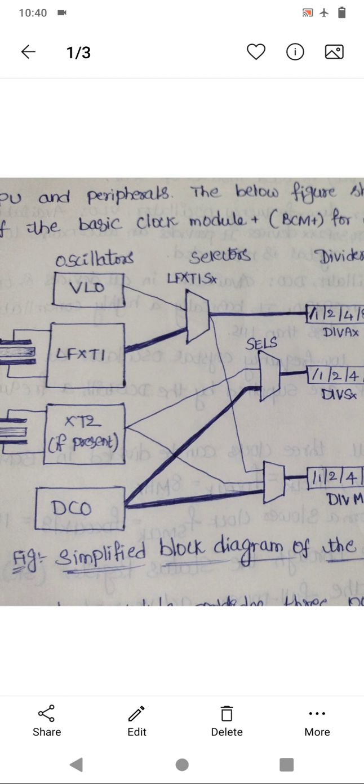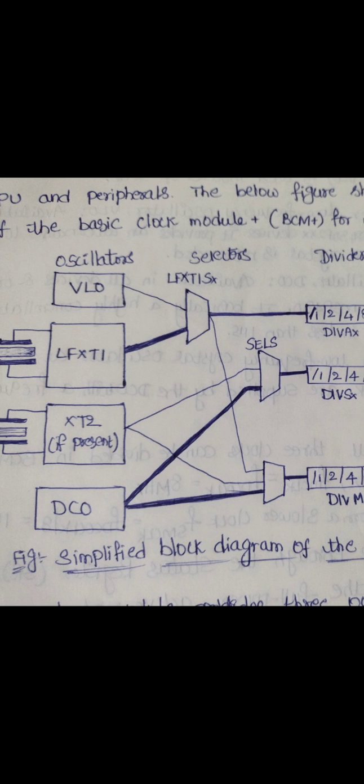There are 5 modes in all, but 2 are rarely employed in current devices. In the MSP430 we have a supply voltage VCC in the range of 3 volts, and the DCO, the digitally controlled oscillator, in the range of 1 megahertz. We also have the LFXT1 at 32 kilohertz from a crystal.